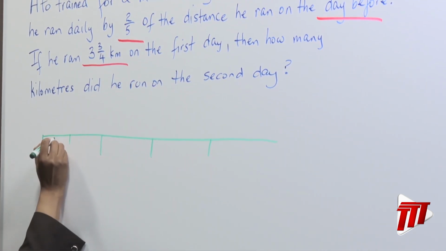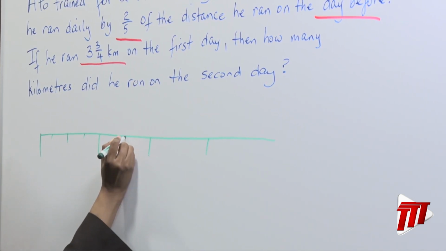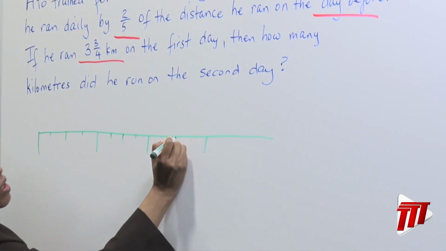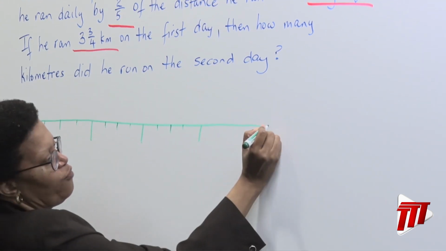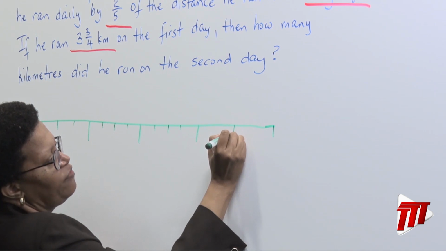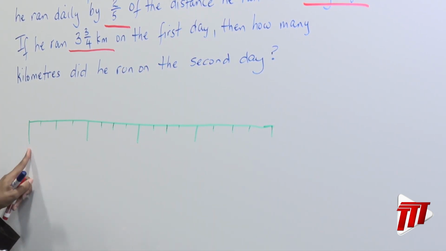This is 1/2. This is 1/4. This is a half. This is 1/4. This is 1/2, and this is 1/4. If we have a whole, then this would be a half, and these would be our quarters. We have